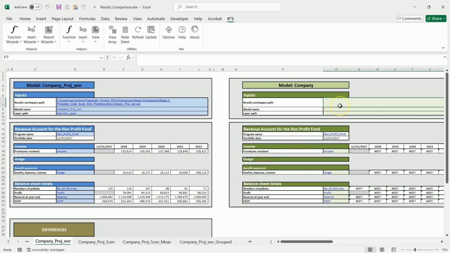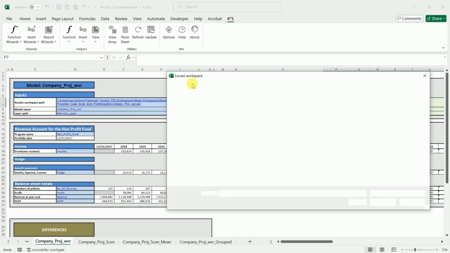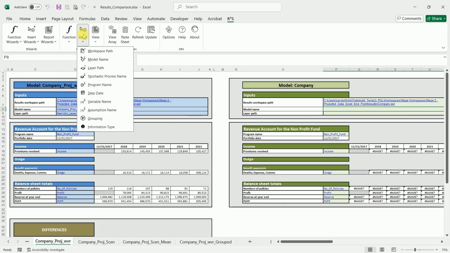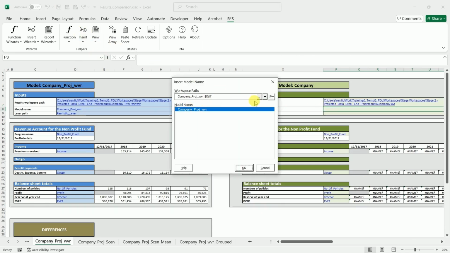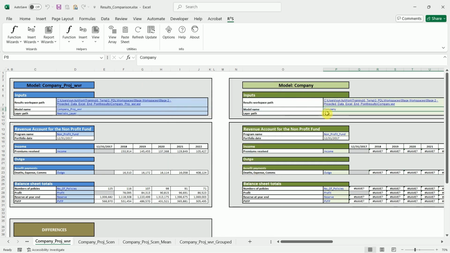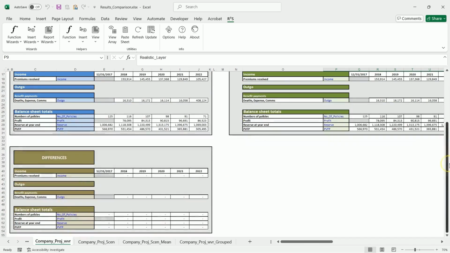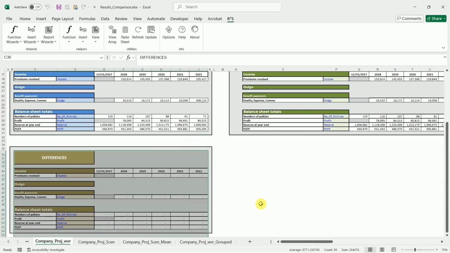Enter the following in column P. Once you have updated both sets of results inputs, you should see that there is no difference between the results of both models. This is the end of section 2.